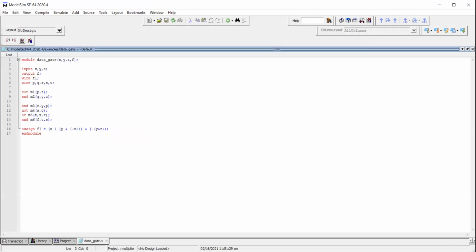So this is a simple code. Here I will be commenting out this particular wire connection and this particular output F1. These are the specifications of inputs and the output. So x, y, z are inputs, f is an output. So like that: input x, y, z, output f, wire connection. I already showed the wire connection, how we need to connect. P, Q, R, S, T are wire connections.